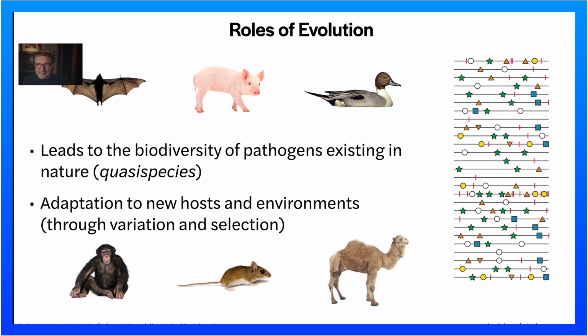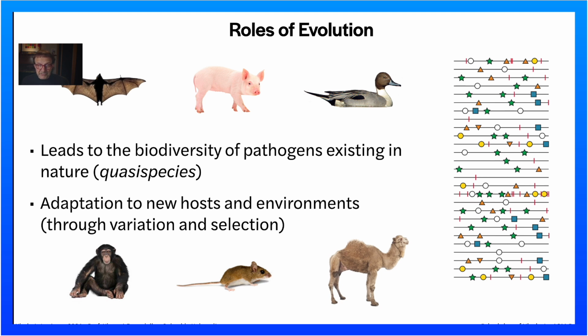Okay. Finally, it's important to understand that evolution plays a big role in the emergence of pathogens. Because as viruses multiply in their hosts in nature, whether it's a bat or a pig or a duck or whatever, they mutate. And so virus populations are quasi-species. They're composed of millions and millions of mutants in any one animal, many, many different mutants, one of which may randomly be able to infect a human. And should that virus encounter a human, then it could start a pandemic.